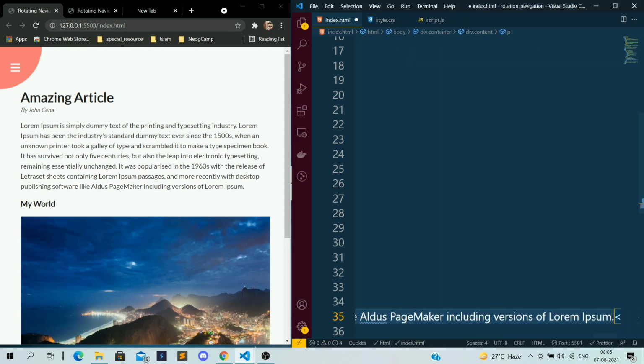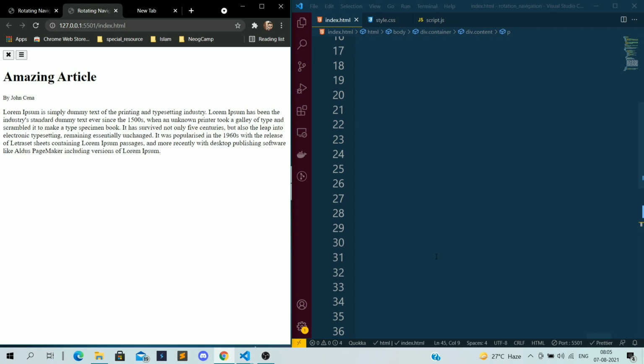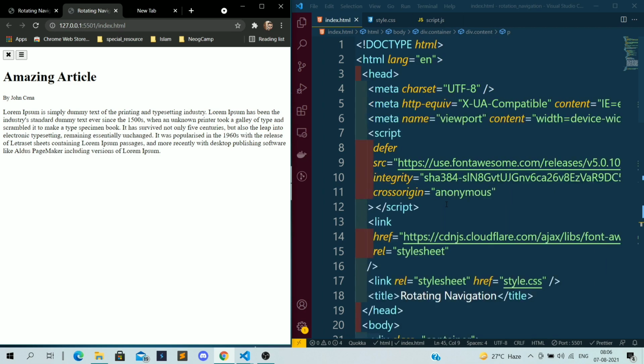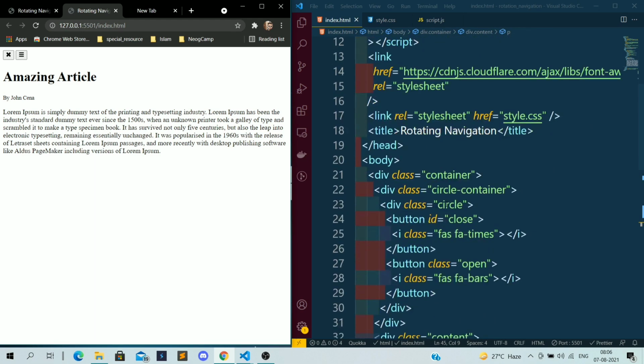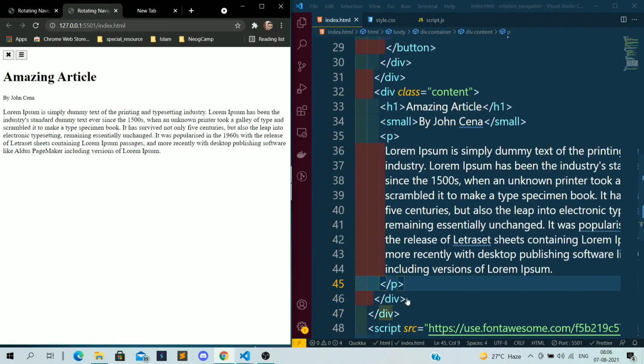Let's paste it and then save it. If you see, that paragraph will come. So I have added this paragraph.